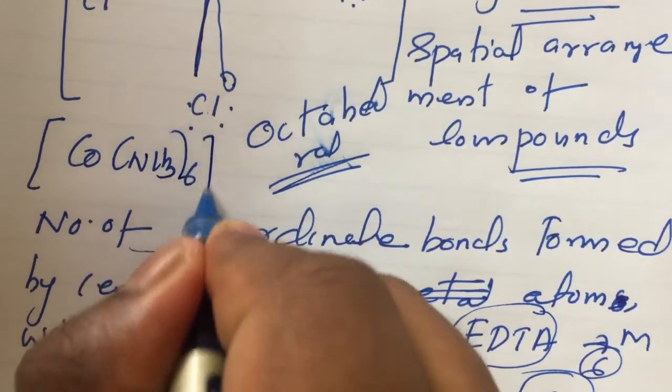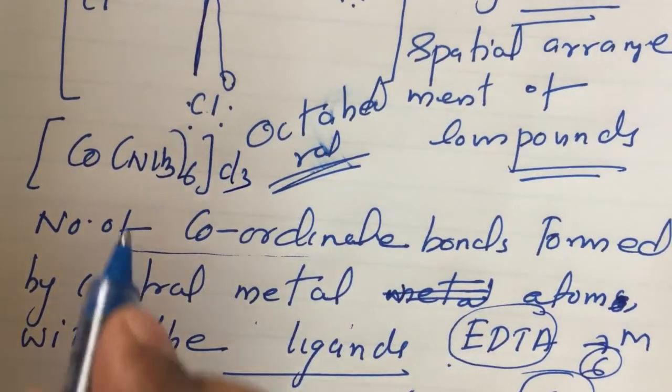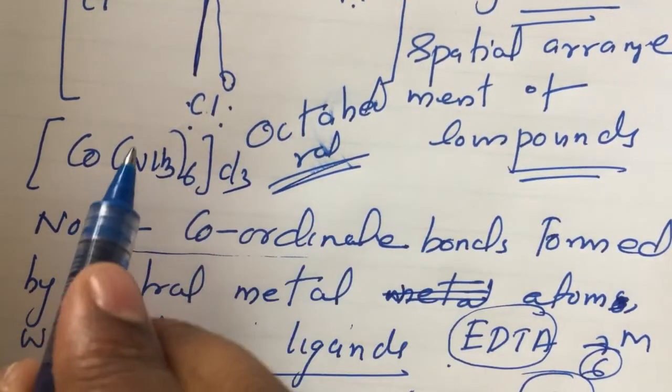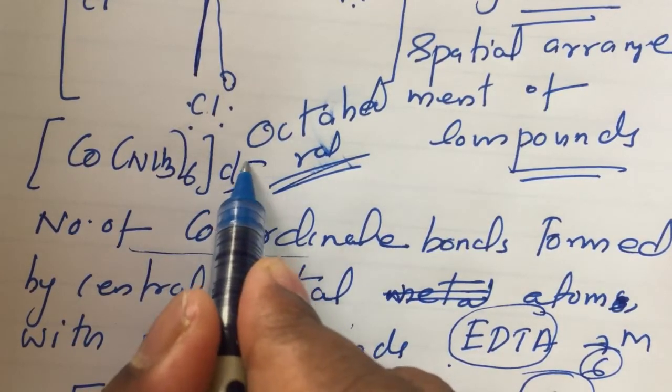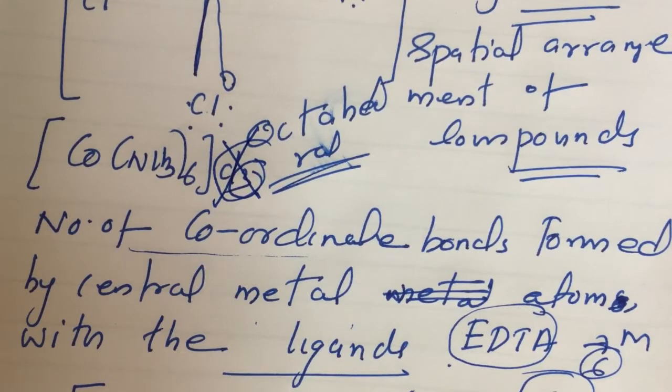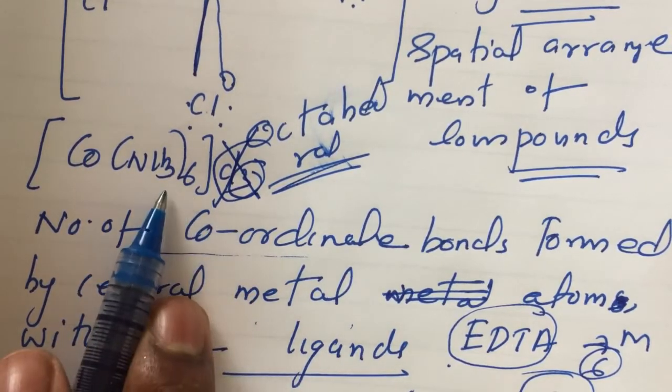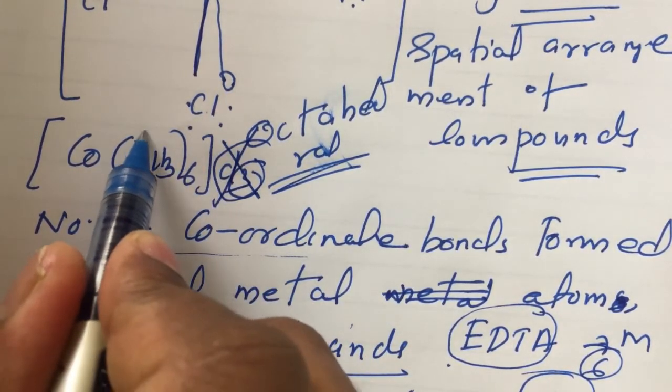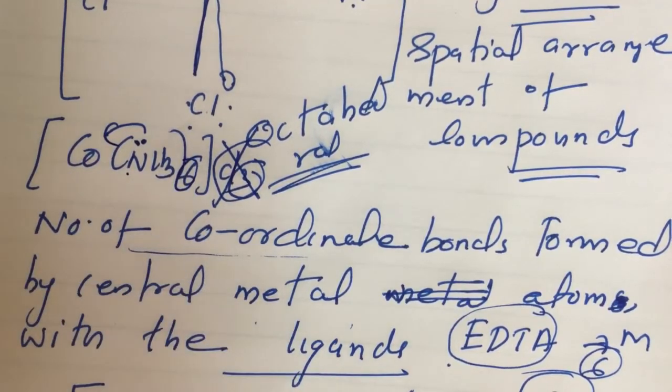Okay, but if the ligand is, listen, next example is Co(NH3)6Cl3. What is the coordination number here? Don't take this 3. This is a counter ion. This part no need to consider. Okay. Only the ligand number. And listen, here the ligand is unidentate. So the coordination number is equal to 6.